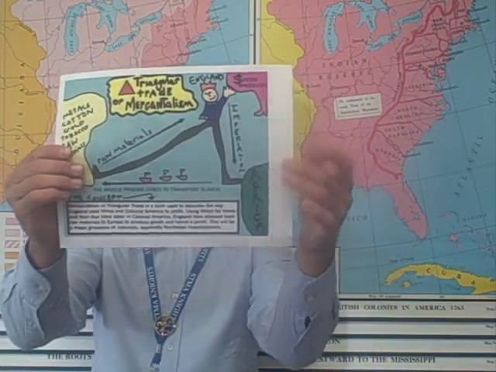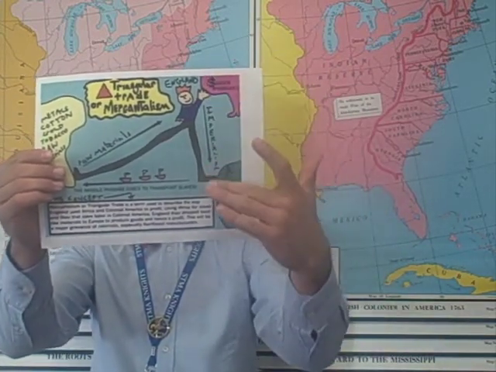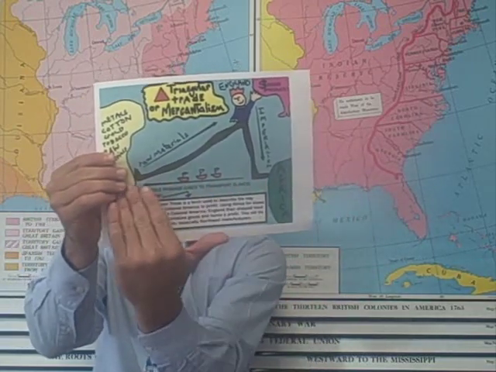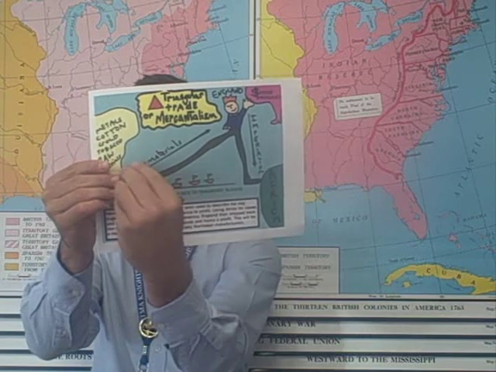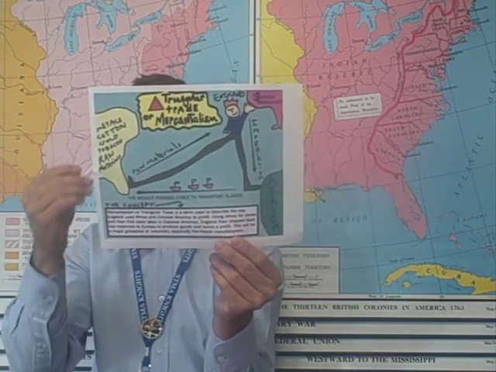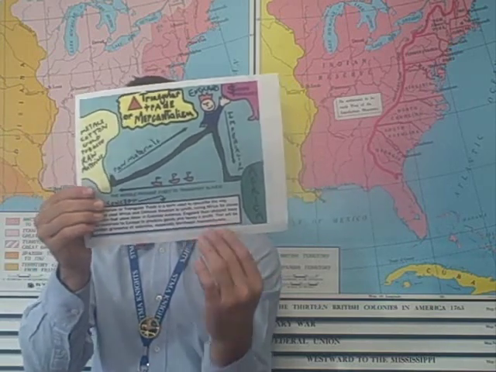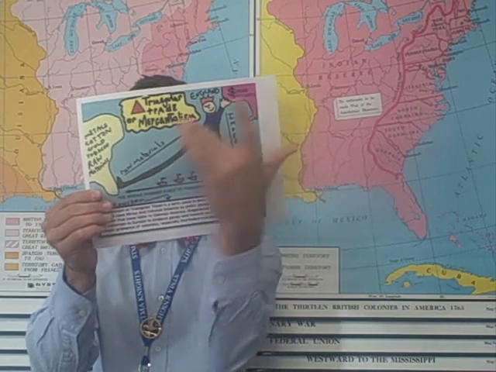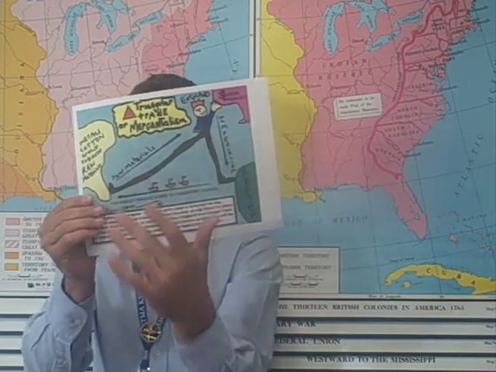And again, you can see it right here, right? You've got England right here, where they're going down to Africa to capture the slaves. They're taking the slaves across the Middle Passage to the New World, to the colonies, where they are going to be harvesting raw materials, things like cotton and tobacco and those types of things. And then those raw materials are going to be shipped back to England, where they're going to make a profit, and the cycle repeats itself. You can see a nice, lovely triangle.